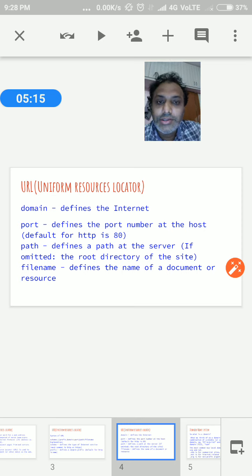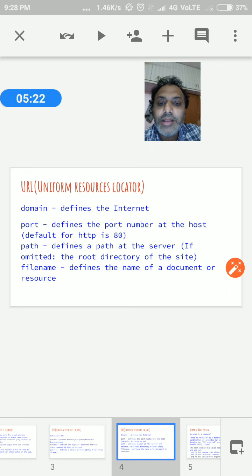Then we discuss the port. What do we mean by the port? The port defines what kind of service is required by the user, so according to that we provide the port. On web servers, different applications run, and different applications have different services.